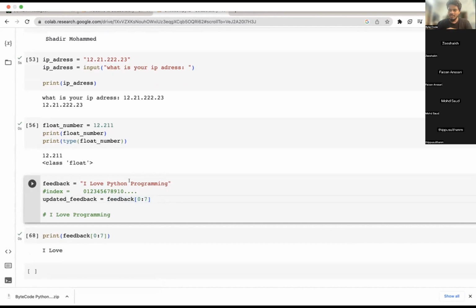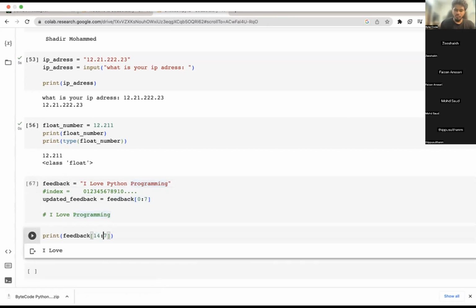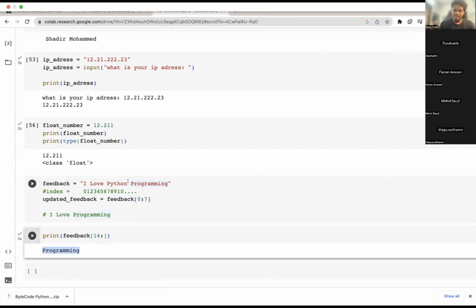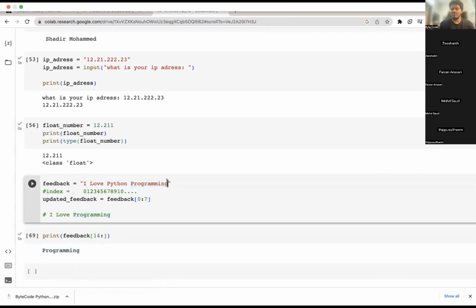For getting programming, understand from here: 9, 10, 11, 12, 13, 14. So I need to start from, I guess, 14. And even if you leave it empty, it will still take the entire word until where it ends.